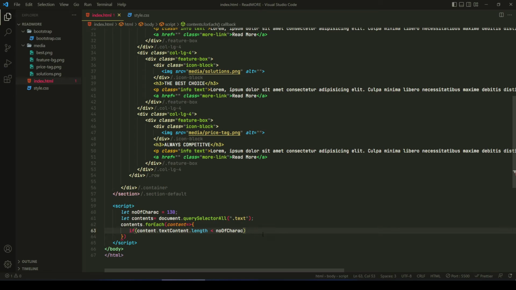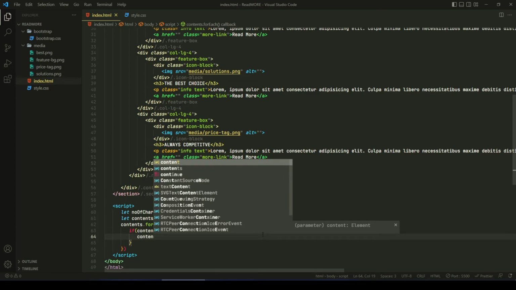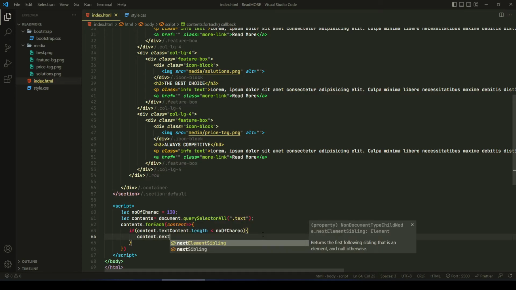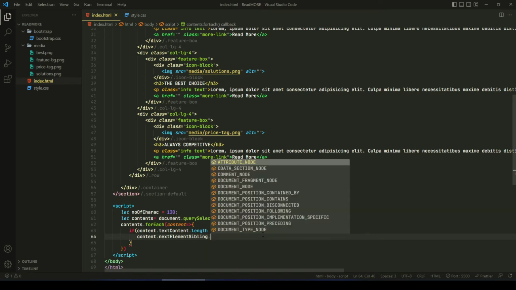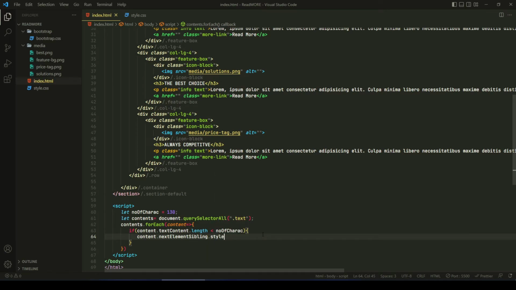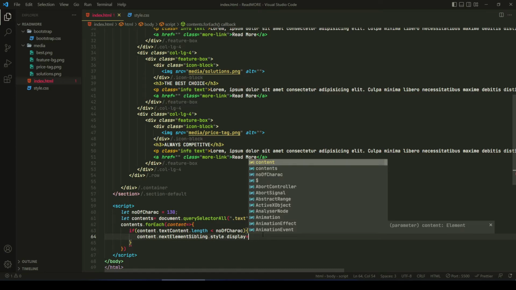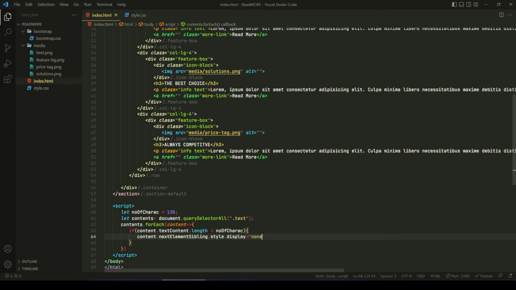And here after first bracket we will be now putting parentheses. Here we are writing content dot next element sibling. Here we write style dot display, it will be equals to, in double quote it will show none, then put semicolon,